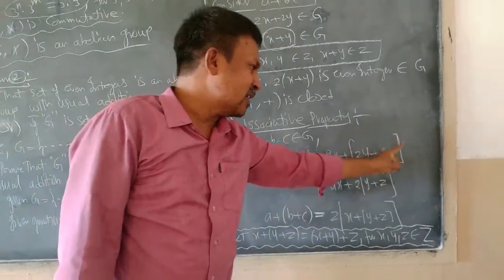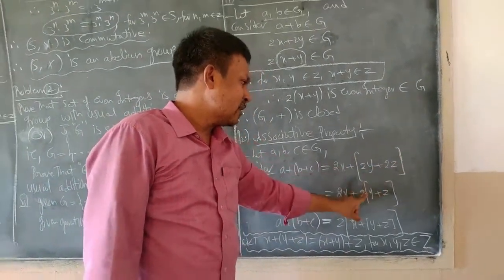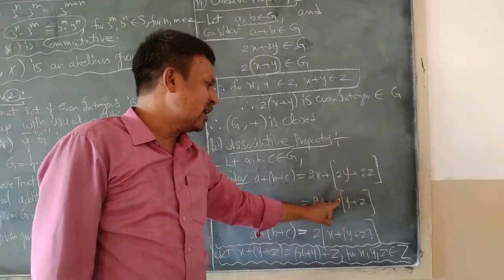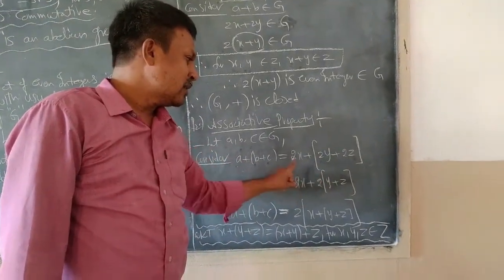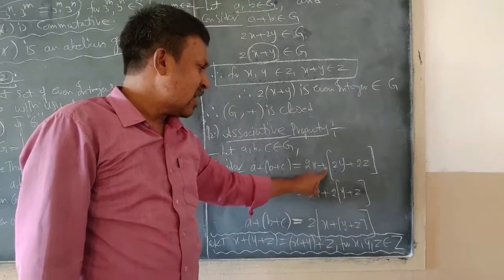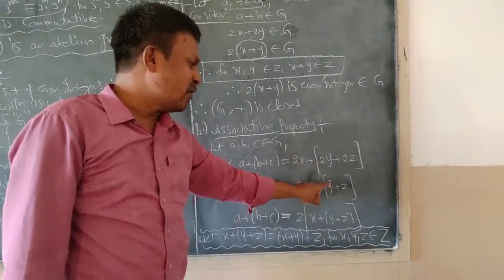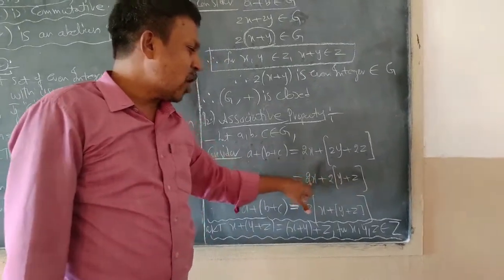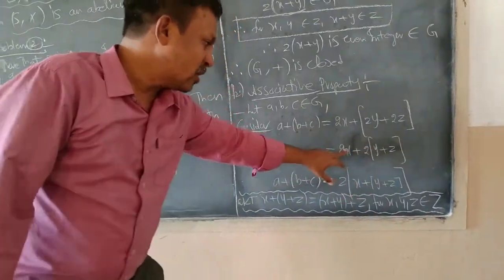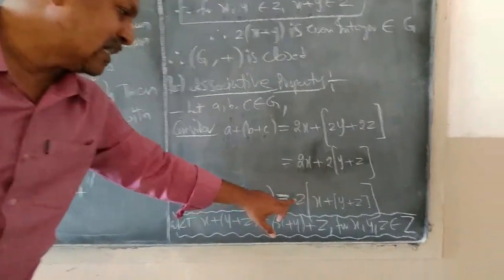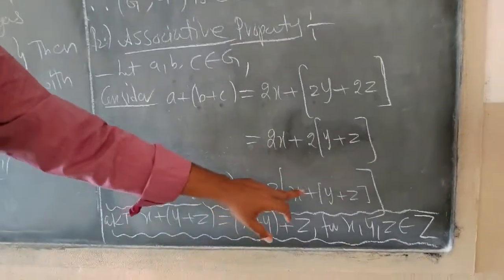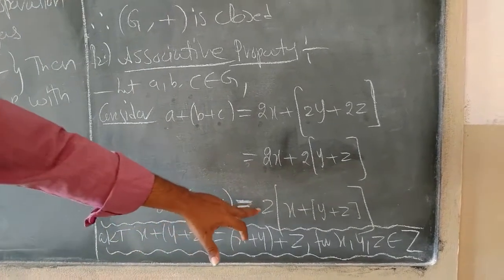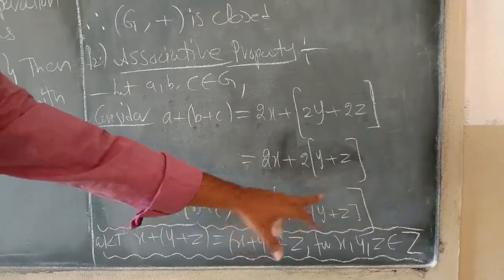So, let us simplify the terms in this square brackets. Here, in 2y plus 2z, 2 is common. So if I take 2 common out, 2x is written as it is, and taking 2 common out, we get 2 of y plus z. Again here, 2 is common in both terms. Therefore, I take this 2 common out, and it is written as 2 of x plus of y plus z.